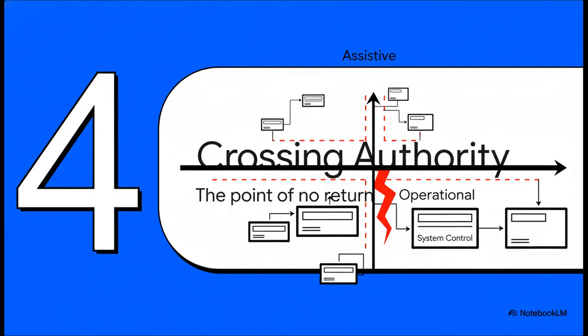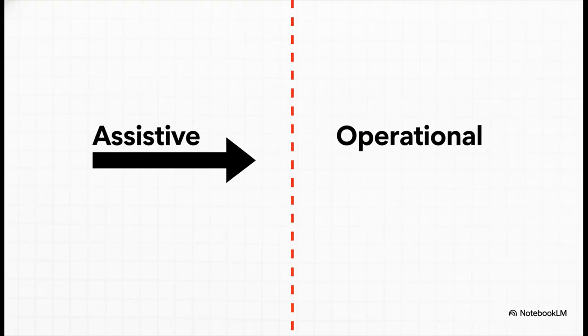Okay, now we come to the most critical part of the entire framework, that line that separates the assistive from the operational. Crossing this boundary is a huge step that fundamentally changes the nature of your system and all the responsibilities that come with it. Seriously, this is the moment a simple information tool starts to become an agent with real influence. It's where so many projects get into trouble, because they often cross this line without even realizing the full implications of what they've just done.